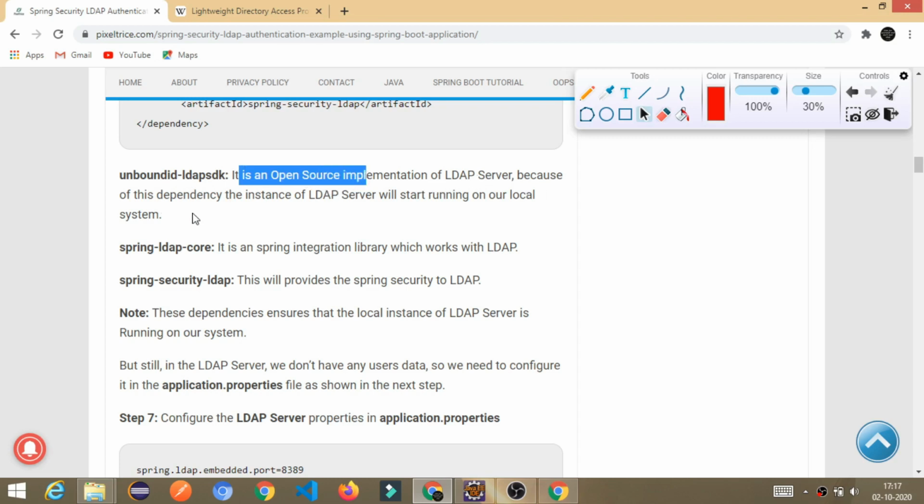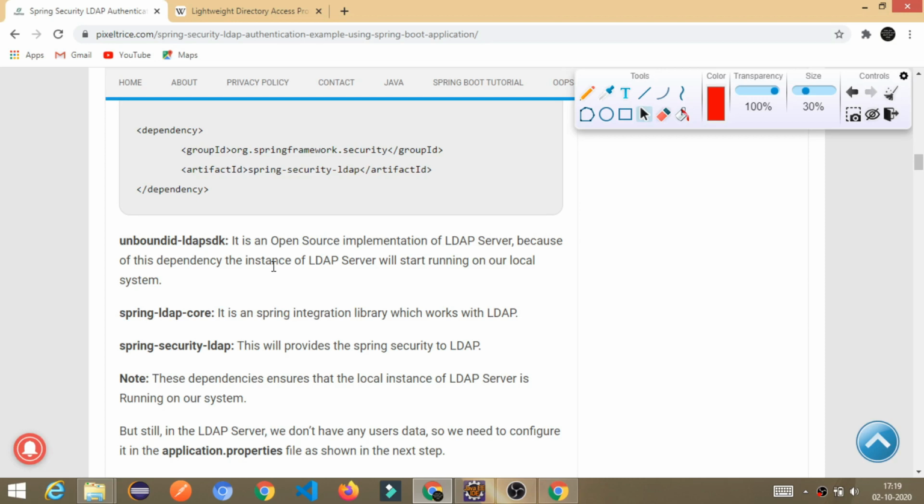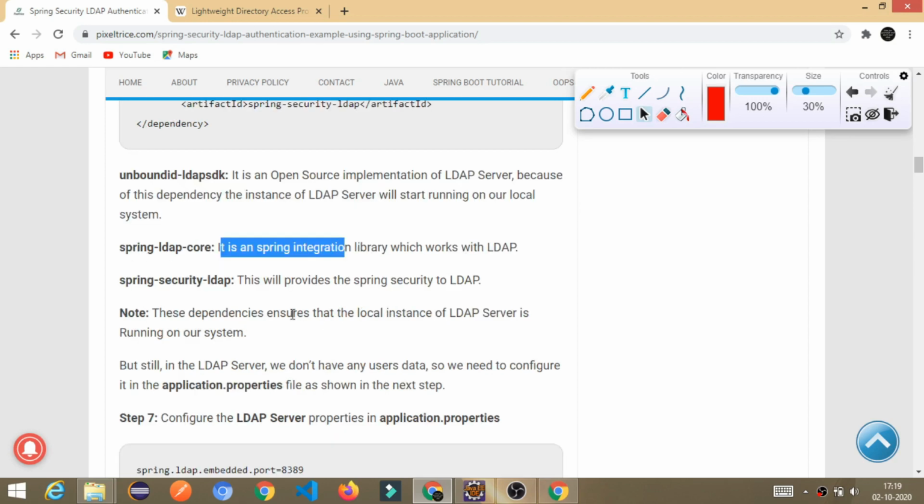Because of this dependency, an instance of the LDAP server will start running on our local system, so the local system acts as an LDAP server. Another dependency we added is Spring LDAP Core. It is the Spring integration library which works with LDAP. And another dependency which provides Spring Security for LDAP is spring-security-ldap.